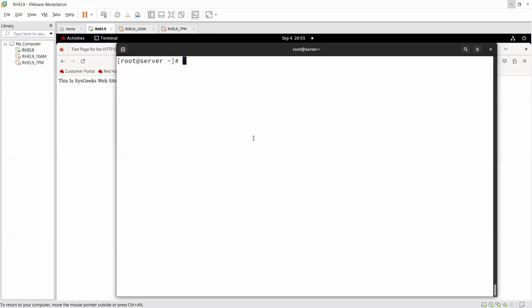Sir, you showed us how to secure a web server. It was not web server security, it is security of a particular website content. I mean, if you want to make a page secure, then we can protect it with a username and password.